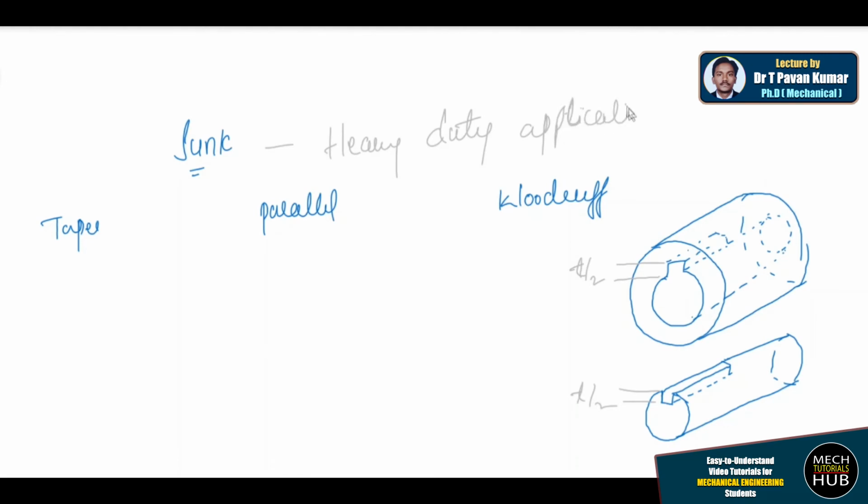Okay, the best example of heavy duty application is a coupling. In general, couplings are used in turbines to connect two shafts, one shaft coming from the turbine side and one shaft coming from the generator side, where we try to clamp both, which is going to take heavy torque and heavy speed that we need to transmit. So in such cases we use couplings, and both the couplings are clamped with the help of a hexagonal nut and bolt arrangement.